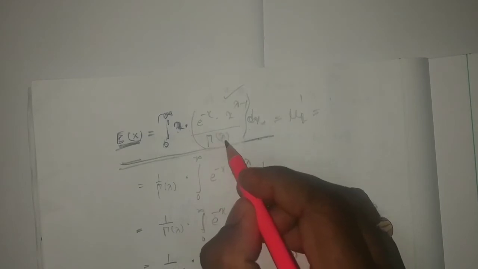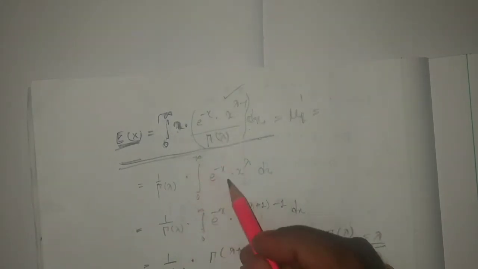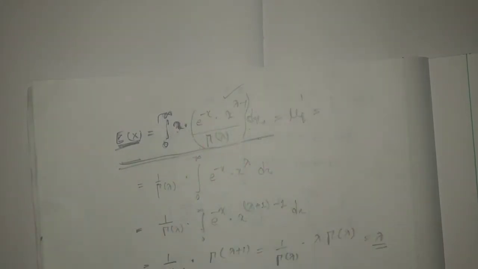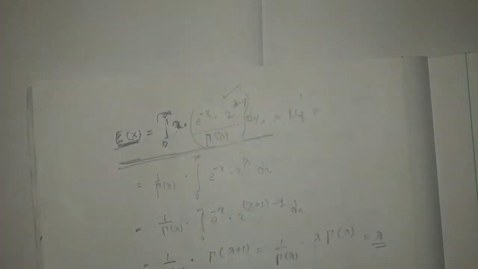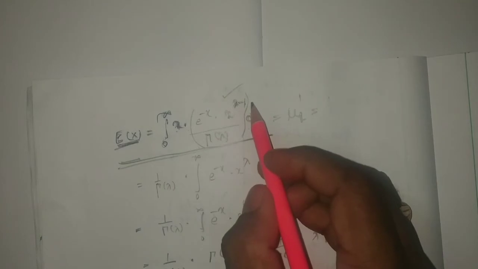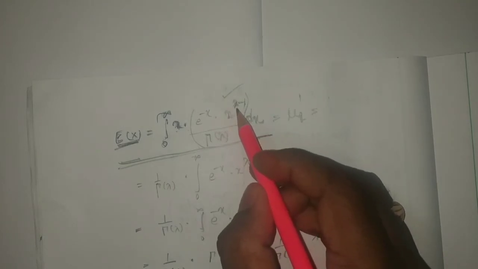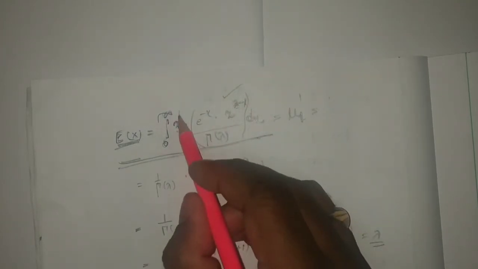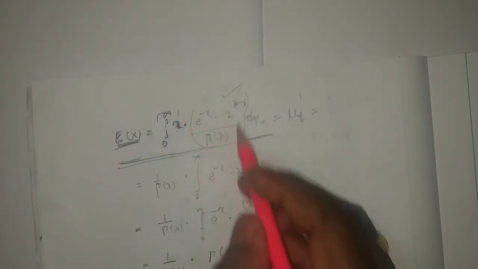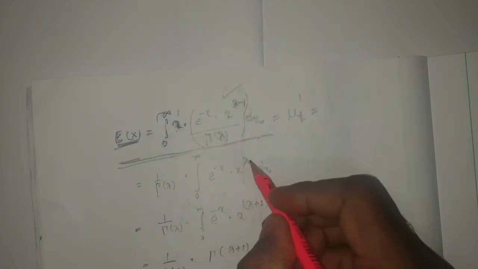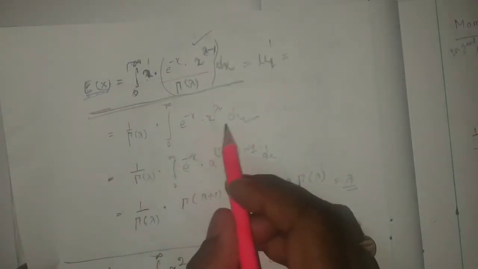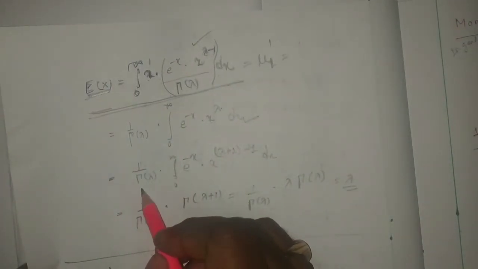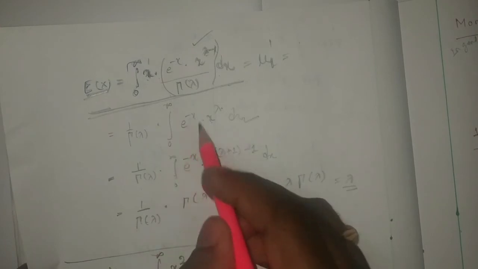Gamma lambda constant taken outside, 0 to infinity, e to the power minus x, x to the power lambda minus 1, and here x to the power 1. So if I add it, we are going to get x to the power lambda only, x to the lambda into dx. So here we found 1 by gamma lambda, 0 to infinity e to the power minus x into x